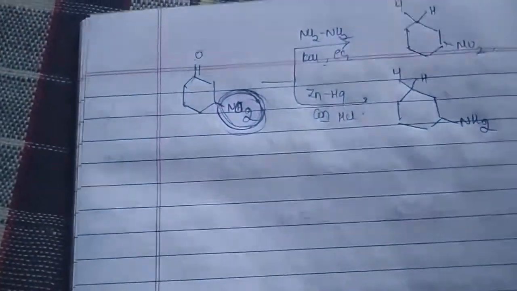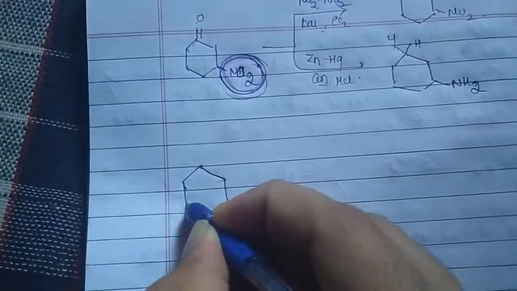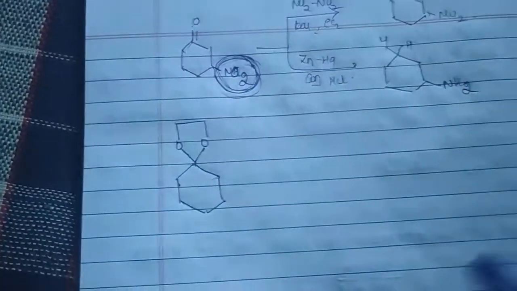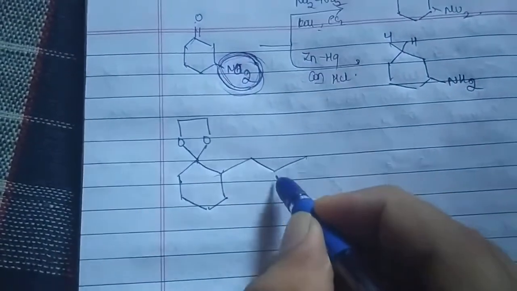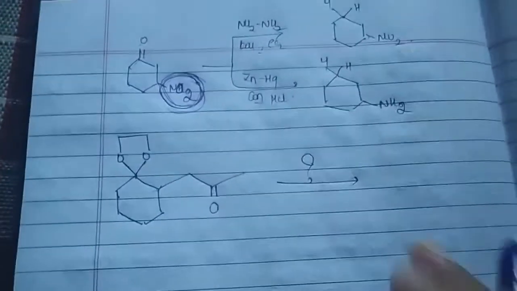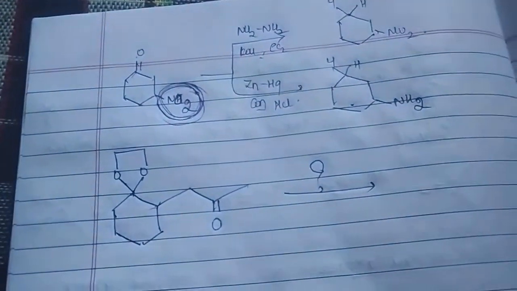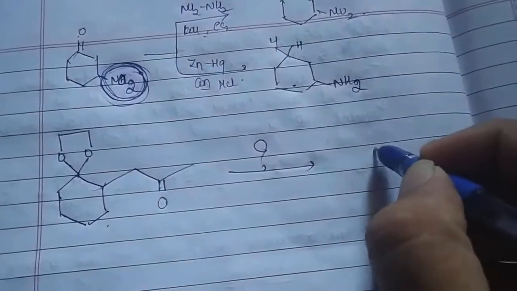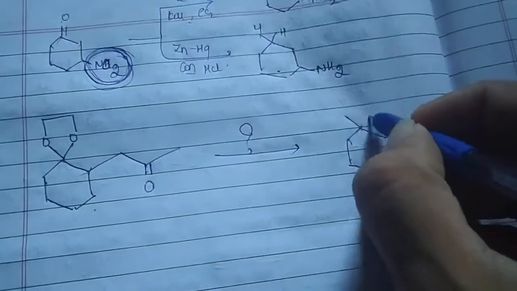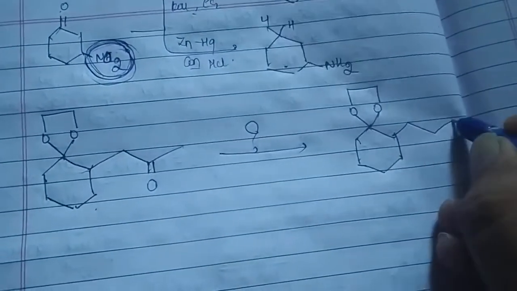Okay. Now let me give you one simple question. Here, let me take a compound in which an acetal group is present, and here you are having a double bond. So now in the competitive exams, they can ask you by giving the reagent and asking you to predict the product. Of course, they will be giving you many options. Or in simple terms, they will be giving you the reactant and even the product. So they will ask what type of reagent you can use so that you can get the product that has been given to you. So like this is your product.